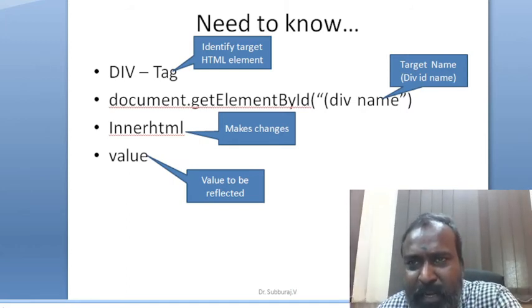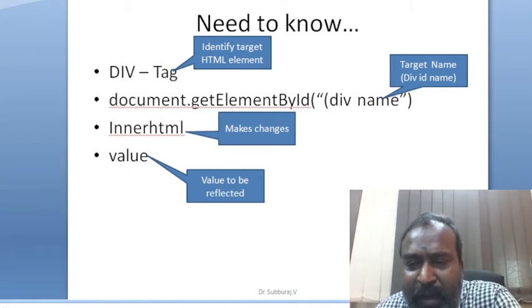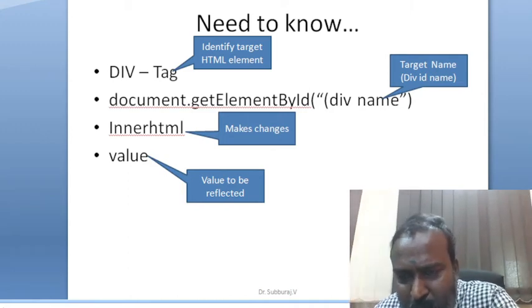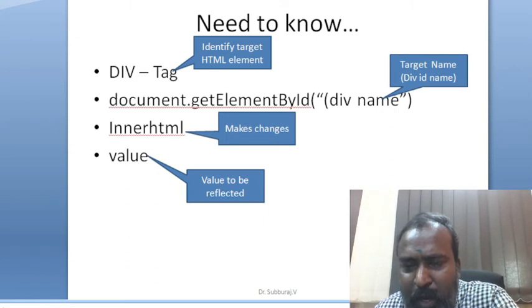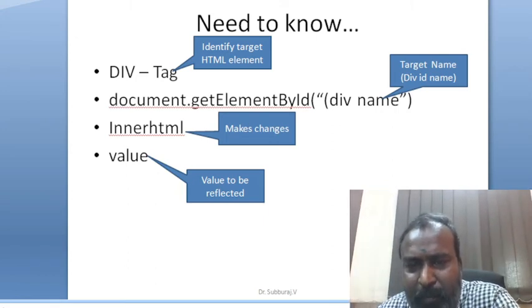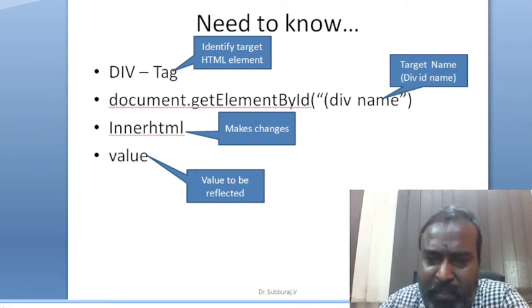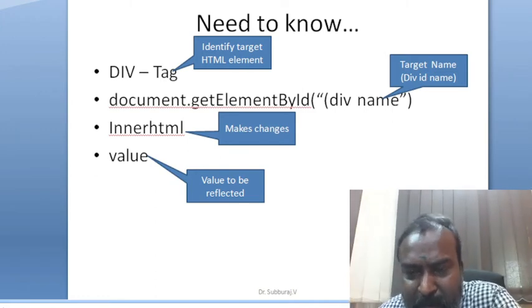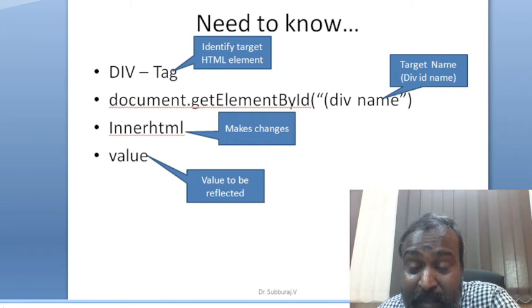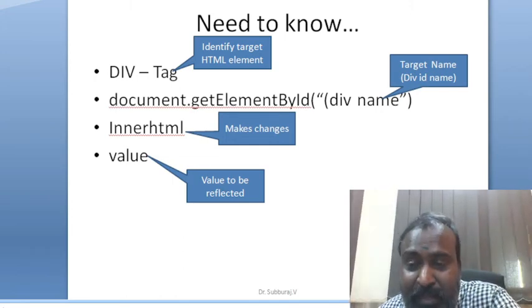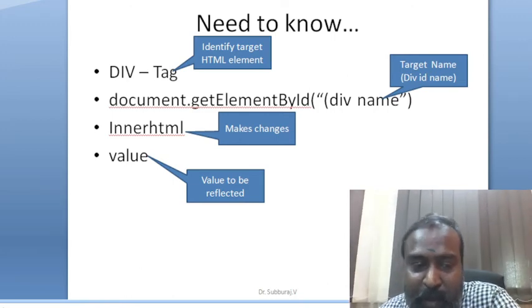The very first thing is the div tag. It will divide your page. It works very well if you want to convert a page into a mobile application. Then there is document.getElementById with the div name, because you will have plenty of controls, and the control will be identified using the div name. Finally, innerHTML works fantastically. For example, even static text can be changed if you use innerHTML. Finally, the dynamic value in the aspect of value.